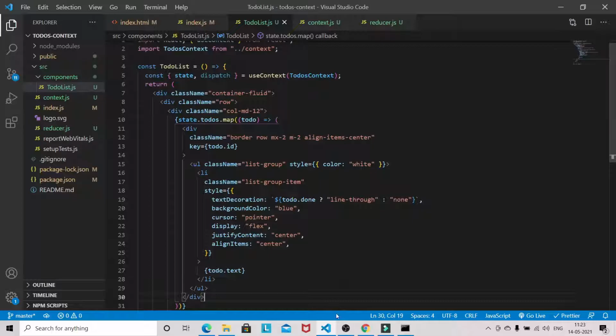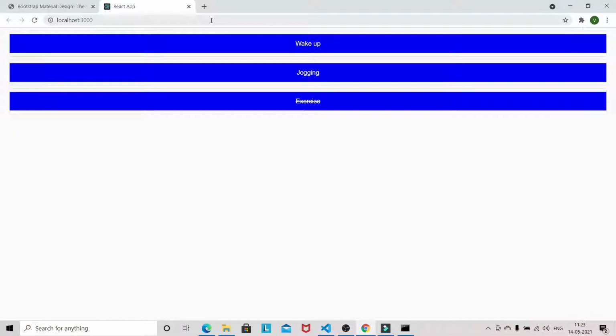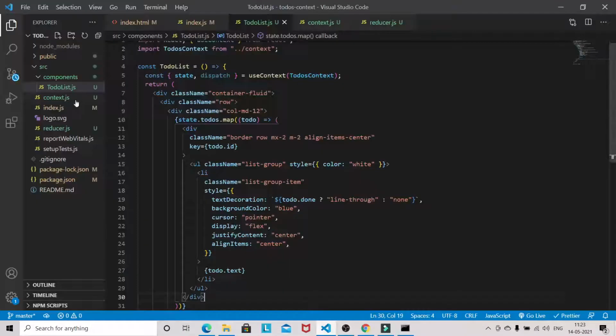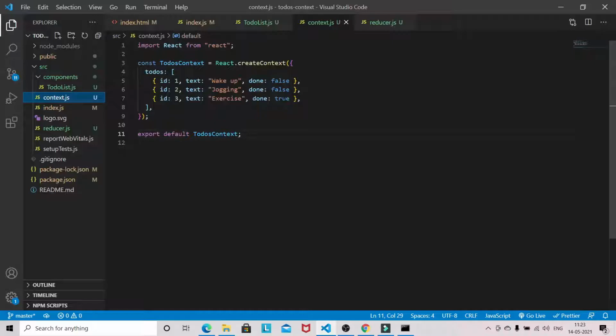Now let's see the result. Okay, so we are getting exercise. Okay, you can see this is completed because here the value of done is true, so line-through.